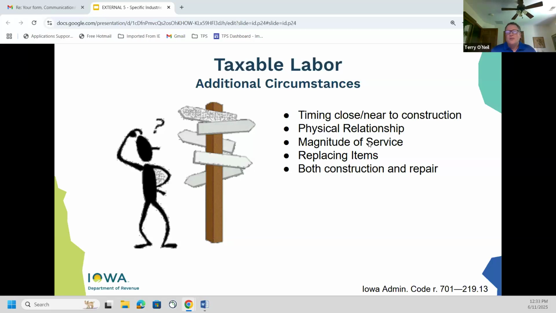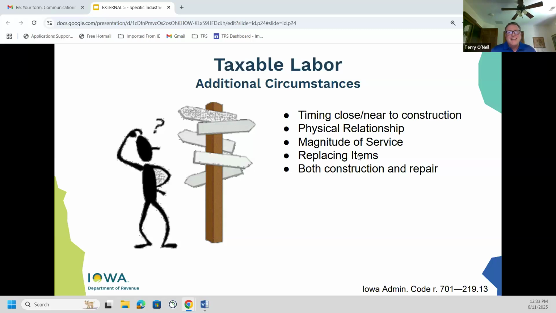Another thing that could be going on with shingles, we've had a lot of wind this spring. It sure seems to me anyway we have. Perhaps you've had a few shingles blow off in a windstorm, and you need to have that repaired. They're going to go up and put on a few squares of shingles. That's a-okay. Nothing wrong with that. That is probably going to be treated as a repair. You're not replacing the whole roof. You're not putting on a new roof. You're not doing something major, a project like that. You're just simply fixing up an area that had a problem. So again, that's what we mean by magnitude of the service.